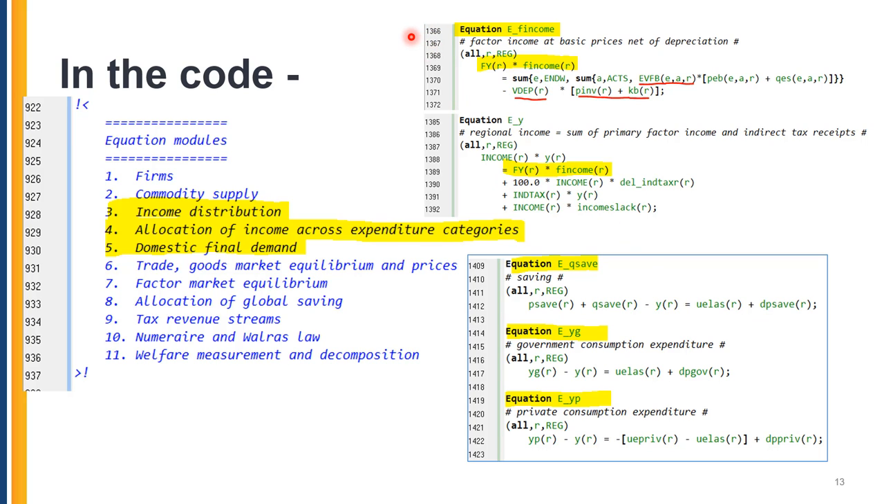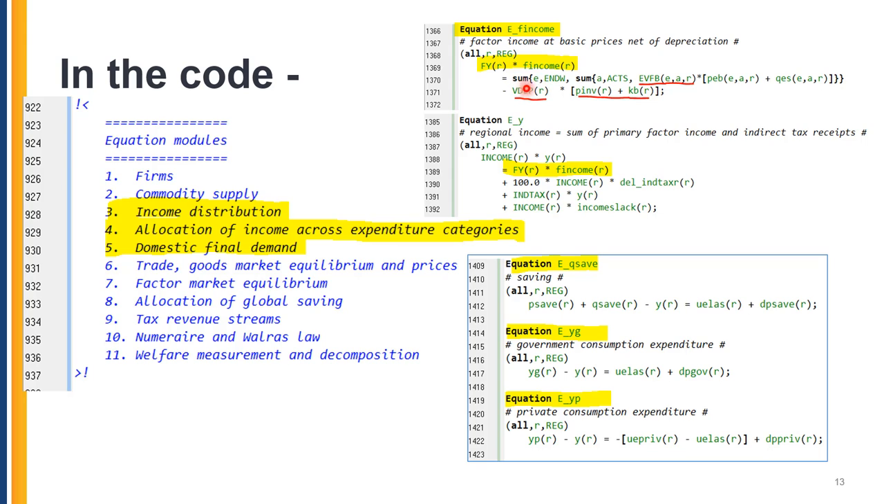Okay, here in line 1366 you see an equation called factor income at basic prices net of depreciation. And this is the equation that determines the factor income component of the model, so the earnings from the primary factors of production. Now, it's written a little differently than some others, primarily because we don't do a lot of analysis of this equation, but it's the level Fy of that income multiplied by the percentage change, and then you see that structure on the right hand side